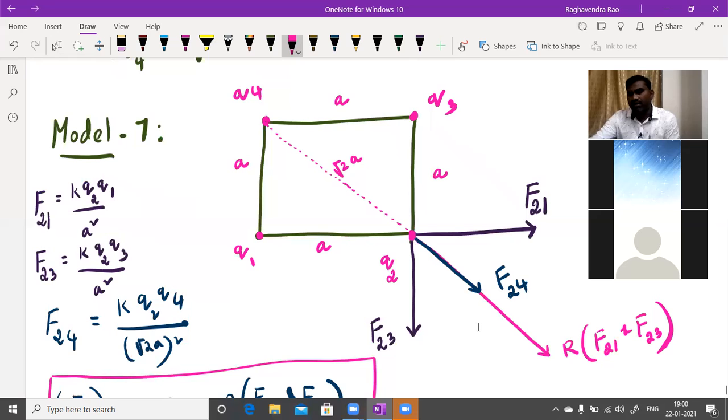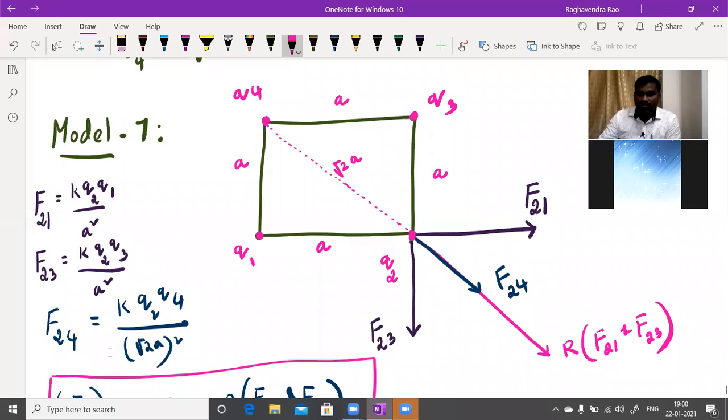Now, in general, in the NEET examination, as only 1 minute is there, they will give equal charges. Equal charges means these two forces will be equal. Then we can simplify the numerical in less time. Also the squared charge values and the K values cancel like that. So they will frame a question with similar values, cancelling or multiple values, simple values. Then the mathematics becomes very easy while asking a NEET question.